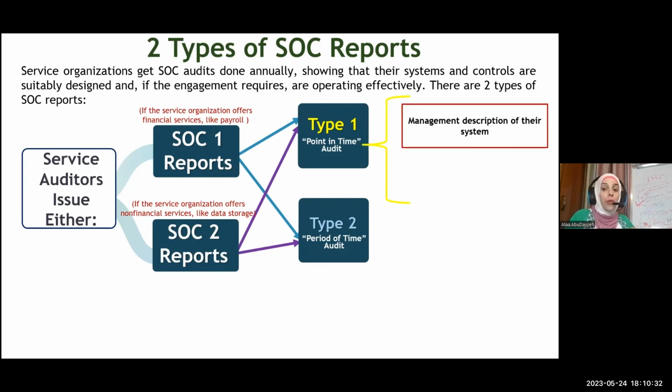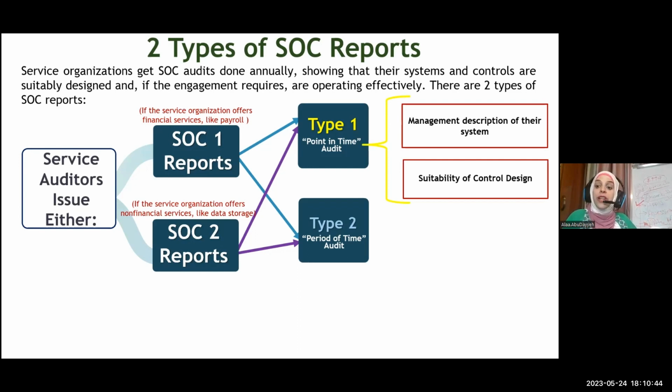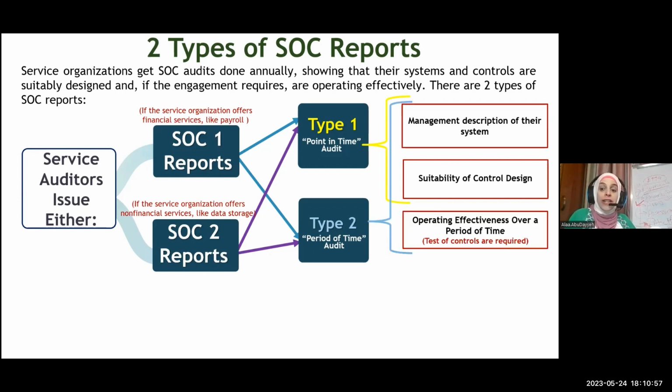Now, under the type 1 report, the auditor reports on the management description of the service organization's system at a point in time, and the suitability of control design as of that date. So the auditor is going to put in his opinion that the control design is suitable as of a certain date. It's at a point in time. However, the type 2 report includes the management description of the system. So the auditor is going to report on the management description of the service organization's systems, suitability of control design, plus